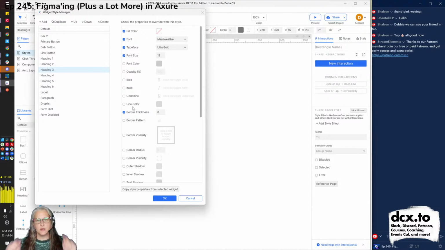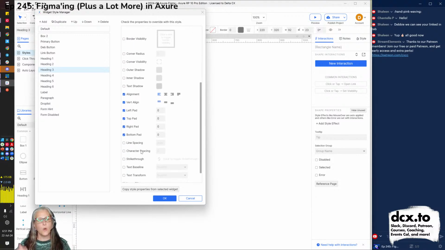Line color is going to be the color of a stroke or a border. Border thickness, border pattern, so you can have dotted lines. Border visibility, so if you only want to have certain things be lines on a thing, it's a rectangle with no top. There you go. Corner radius, corner visibility, so which corners are straight and which are curved.